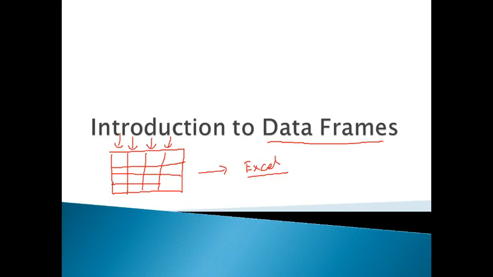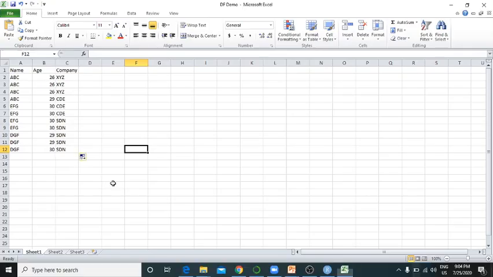Now, to understand it further, let's look at an Excel table which is used for demo purposes. In this structure, we have three columns: name, age, and company. These are the columns we are going to use for today's demo. In the name column, we have random names I have given for the demo purpose, and then we have ages, and these are the company names.